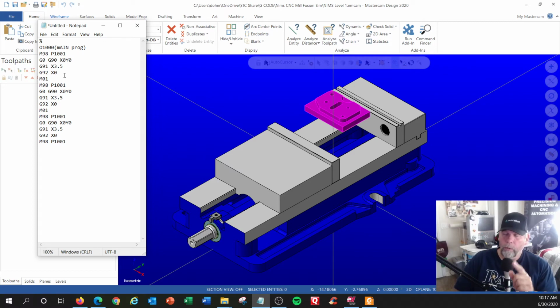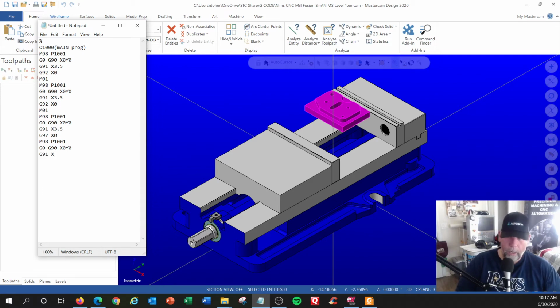I'm sorry, what we used to do. We used to go back to the original home and reset the 0 there. So all our ducks were back in a row again. So this would be the end, let's see, P1001. And then we would go back G0, G90, X0, Y0. And then